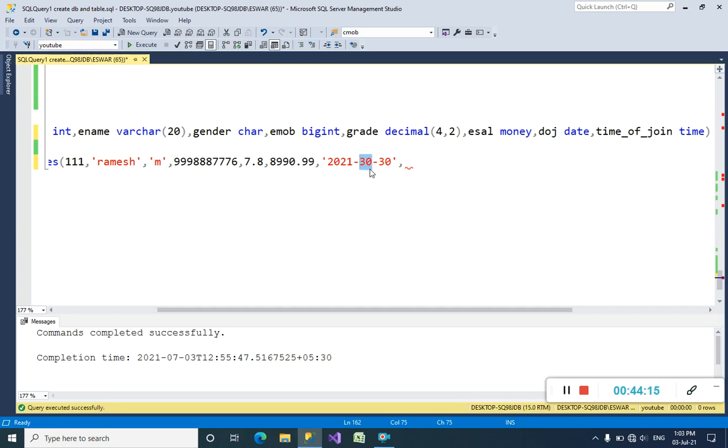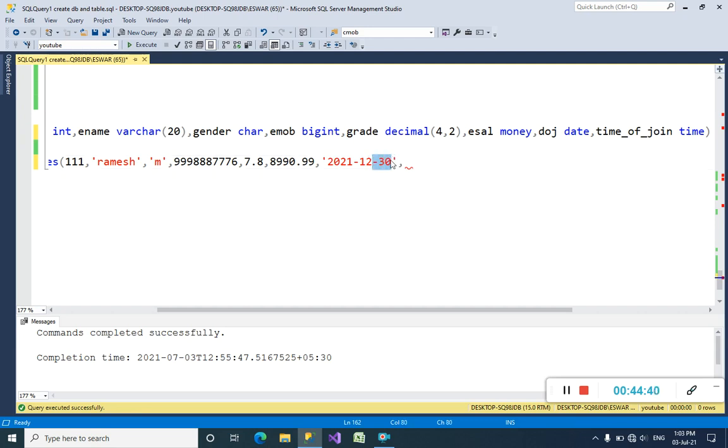We do not have a 30th month in the year. We have only 12 months in a real year, so we cannot insert more than the 12th month. SQL Server reads these 2 digits as the month, these 4 digits as the year, and these 2 digits as the date.